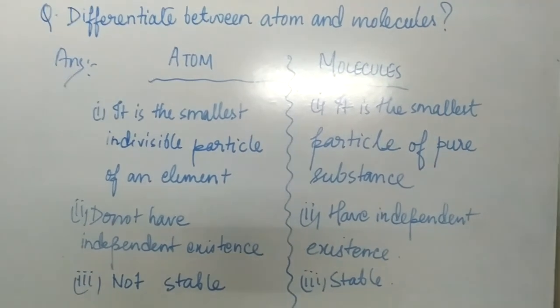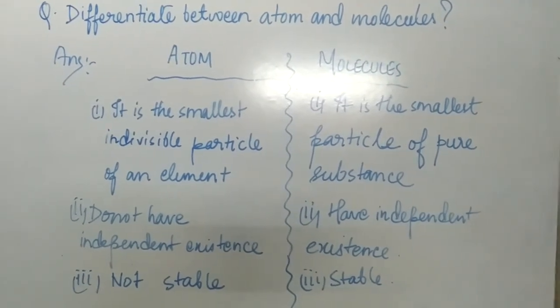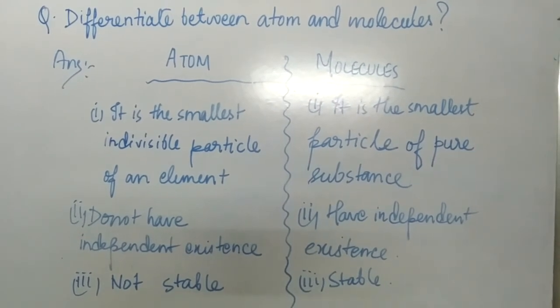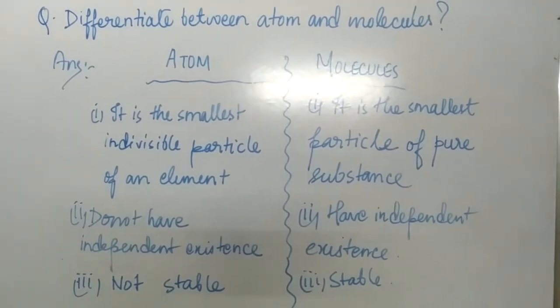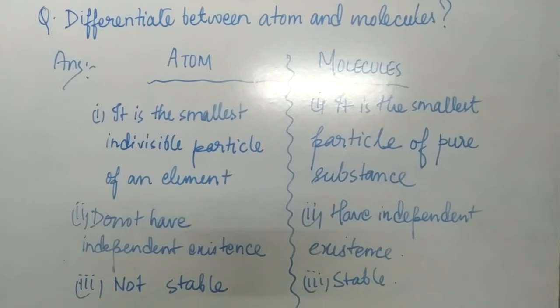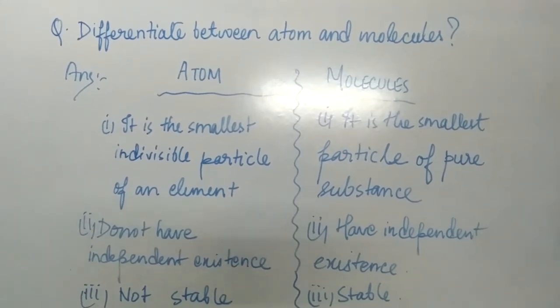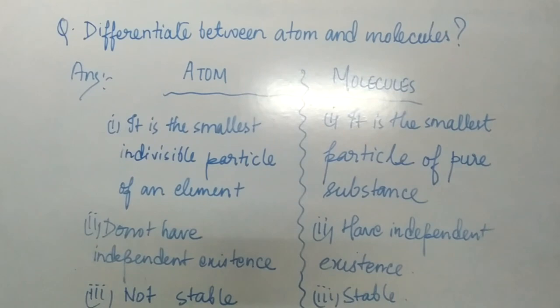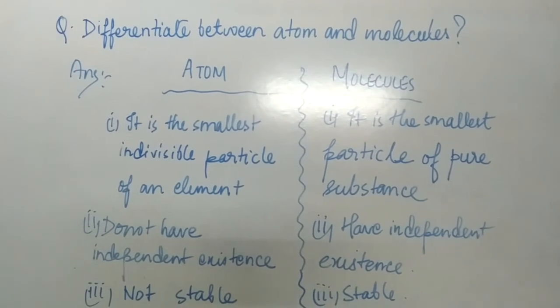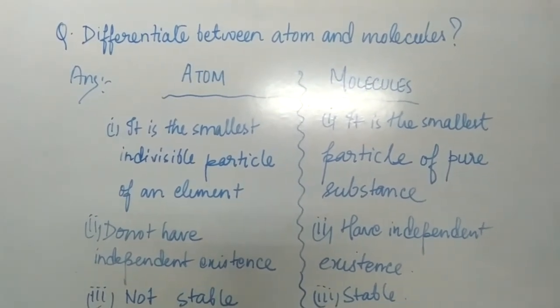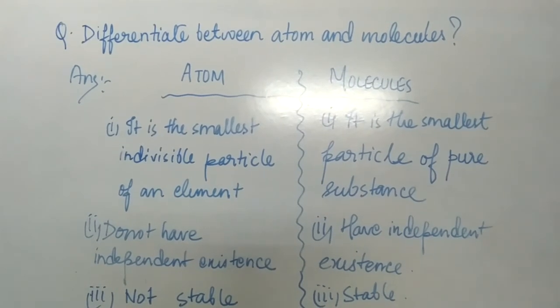Again, a pure substance, we know, students, is made up of a single kind of or similar kind of elements. That means an atom is the smallest and a little bigger than this atom, or rather atoms join together to form molecules. Therefore, an atom is the smallest indivisible part of an element,